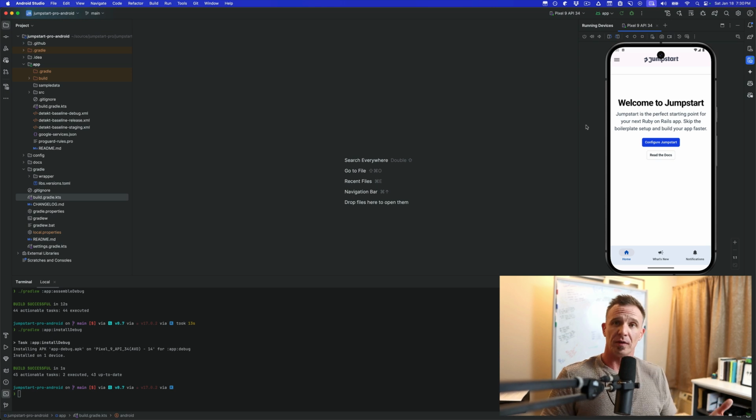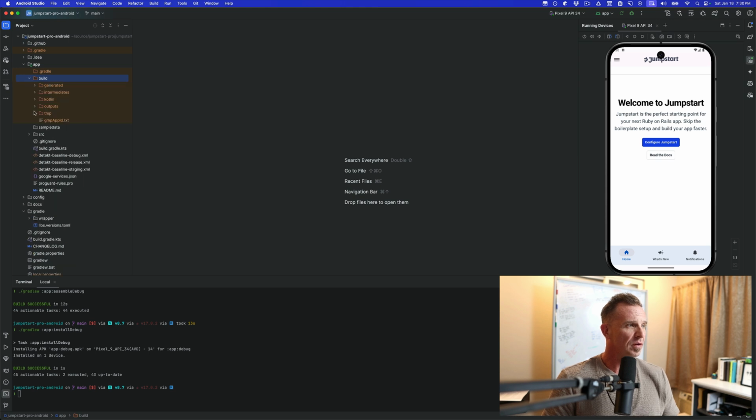Now we've assembled the debug version, but what if we wanted to actually grab the install file to maybe install on a physical device? Where would those files be? They would be inside of our application folder, our app folder, and then inside of build, you'll see that it's orange, which means that it is ignored from our search output and so forth. So we'll open build, we'll go into outputs, APK, which is an Android package, and then we're going to see app